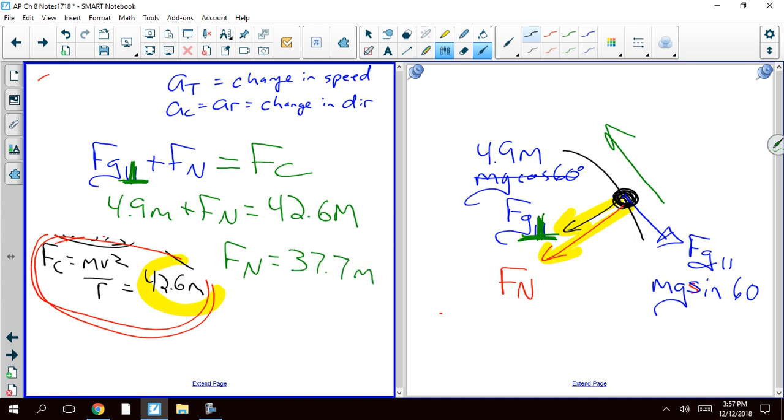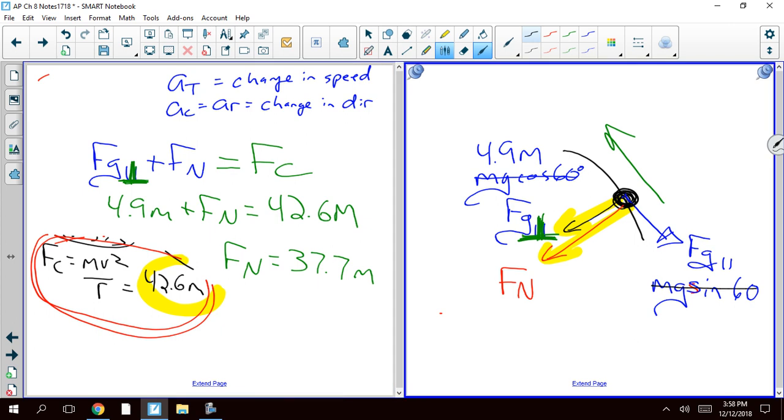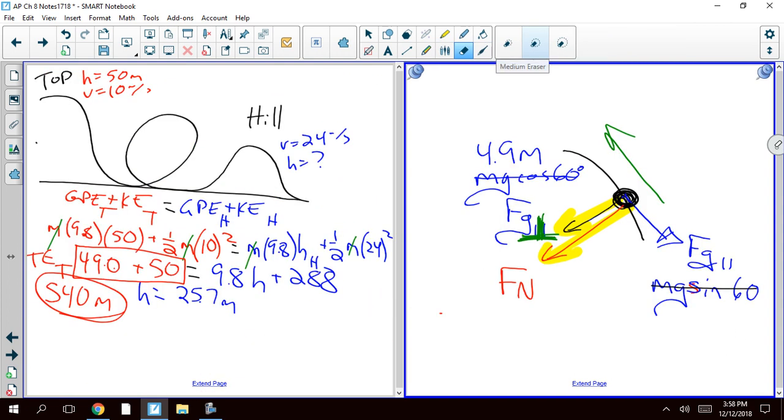Okay. And finally, this guy, mg sine theta, 9.8 times sine of 60, gives us 8.48m. Oops, try again. 8.48m, 8.48m. So my final free body diagram